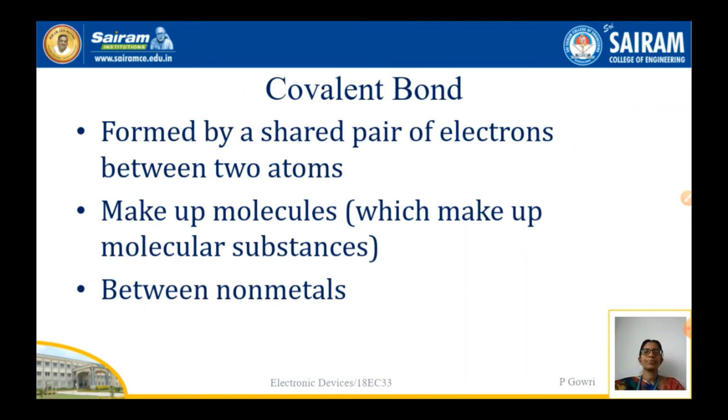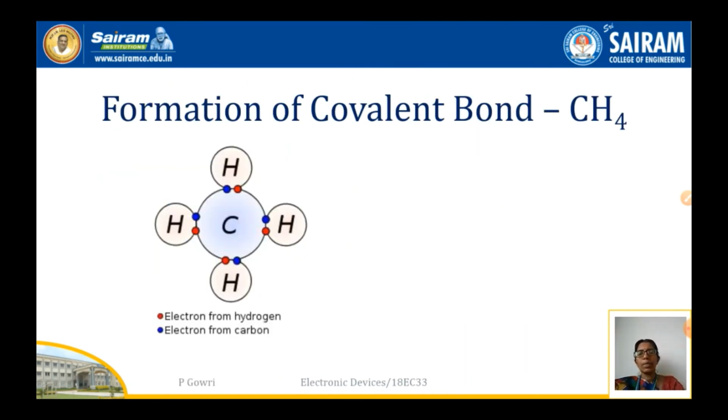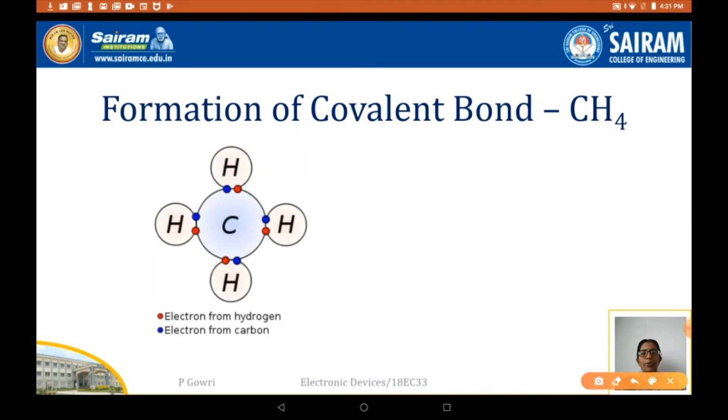Here, if we take methane as an example of a covalent bond, the carbon has a valence electron count of 4 and hydrogen has a valence electron count of 1. So when a carbon is combining with 4 hydrogen atoms, we get 4 covalent bonds. One electron comes from the carbon and the other electron from the hydrogen, and this is called sharing of electrons. In the sharing process, it is no longer relevant to ask which electron belongs to a particular atom. Both belong to the bond. The 2 electrons are indistinguishable. Covalent bonds are also found in certain molecules such as H2.